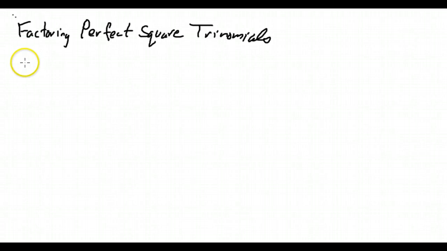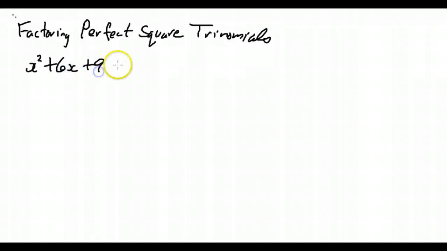Factoring perfect square trinomials. What is a perfect square trinomial? It is a trinomial whose factorization is the square of a binomial. So it's something like x squared plus 6x plus 9. If you factor that,